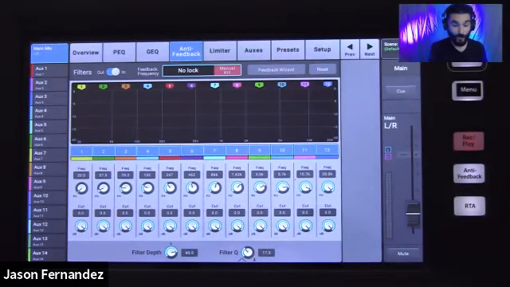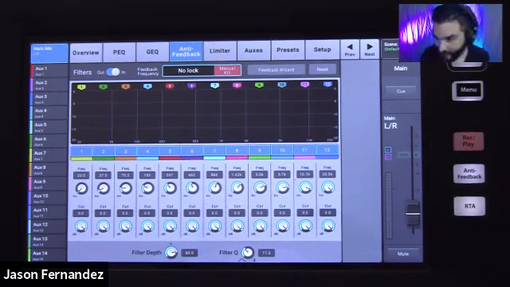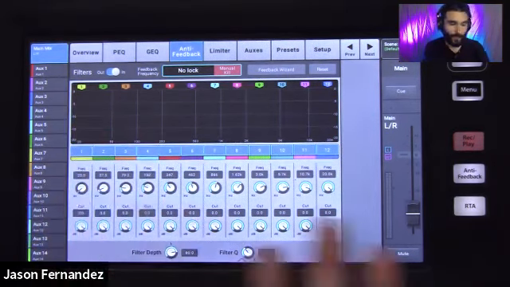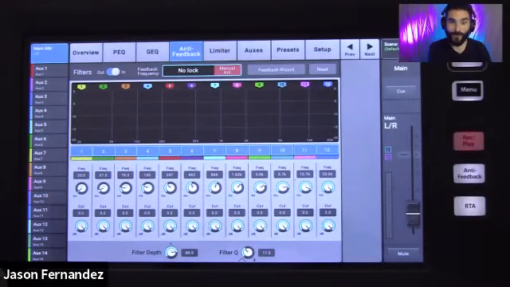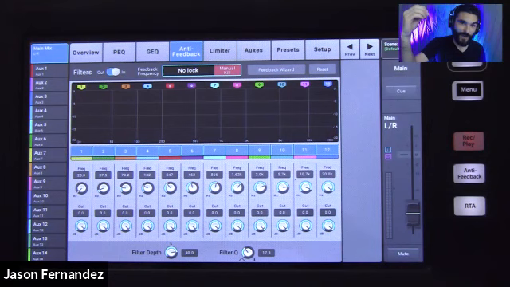And I'm actually going to show this to you. This is going to get a little gnarly here. We're going to create some feedback in my kitchen, and it's going to be fun. So what we're doing here, we're going to assume that we've gone through and applied some processing, and this is really easy to do on this mixer to get those initial processes on your channels. You just use presets, right? So you go through all of your channels, you dial up some presets, that gives you your starting point processing. You dial up your fader levels, and then you dial up your main fader, and surprise, you have no feedback because the presets work so well.